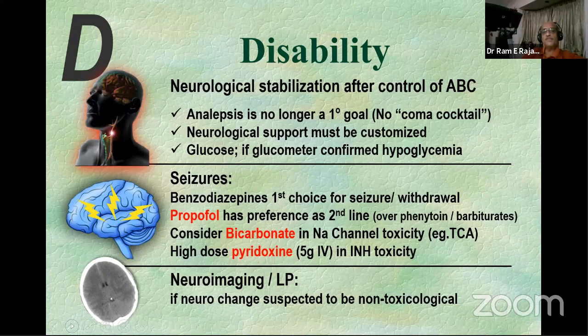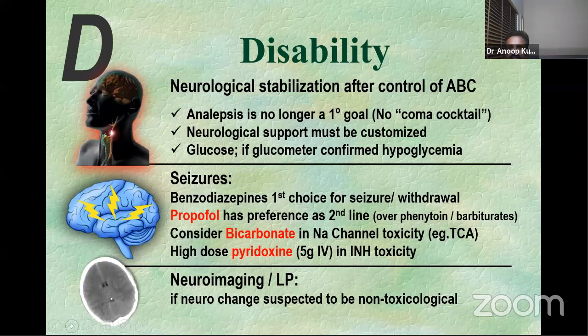There are two very specific situations where you need to look at a different way of handling the seizures, and that will be classically in tricyclic overdose. Which is the best indicator, and this is not a question that I've already put in over here, but which is the best indicator of neurotoxicity, of development of seizures in a patient who's taken a tricyclic? Can anybody answer?